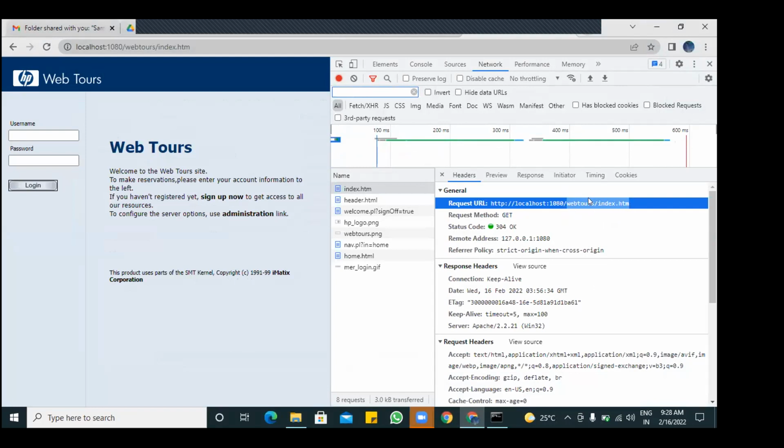When I say resource, as I explained yesterday, web page resources are web page components, parts of the page. This is a web page, and this index.html is called a resource. And that resource is there in this folder, the WebTools folder. That's why this is called the resource path.